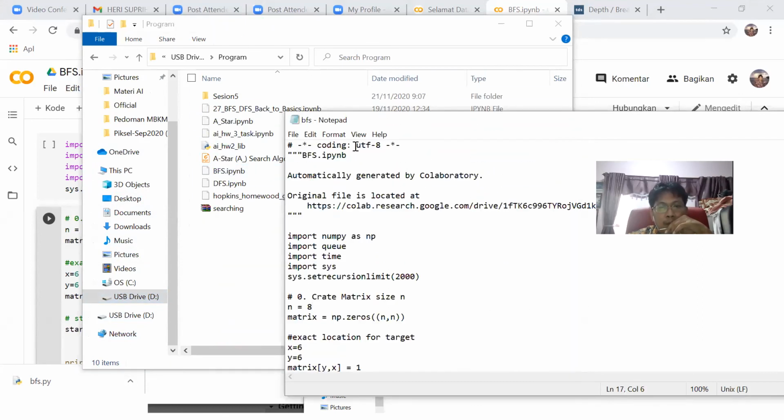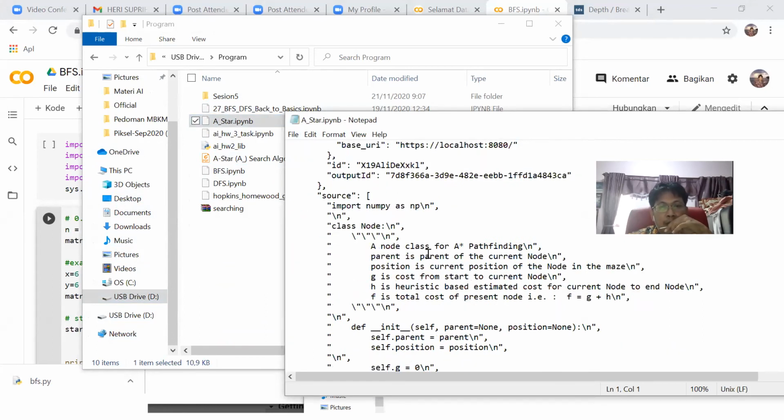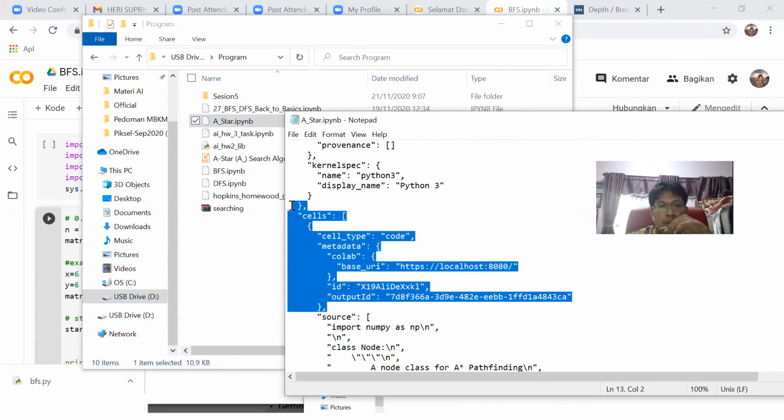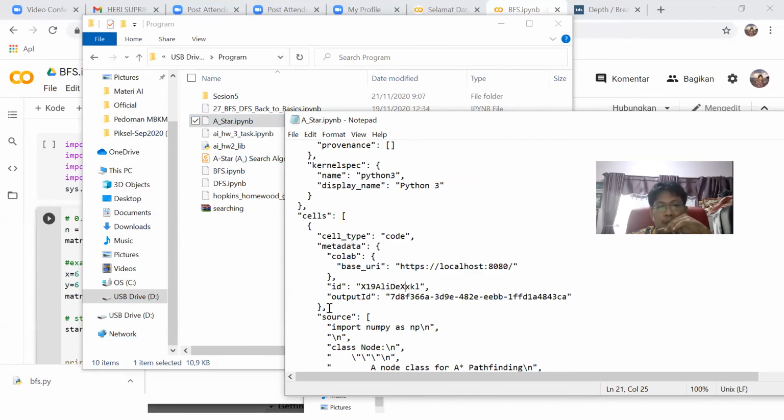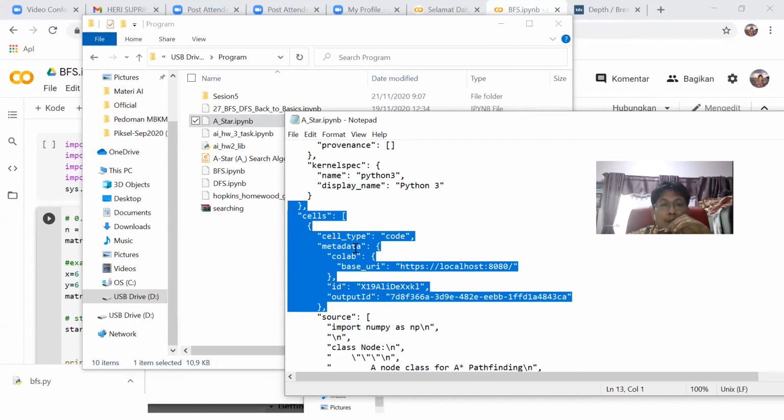Okay. For example, if we use this to open, this is the IPYNB opened in the original editor or Notepad.